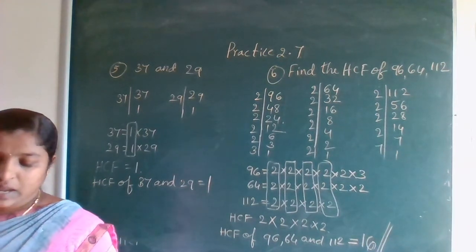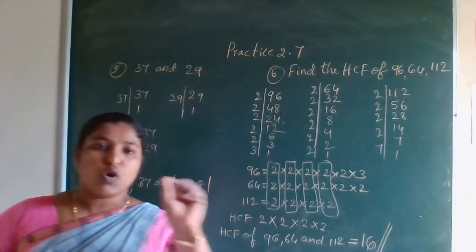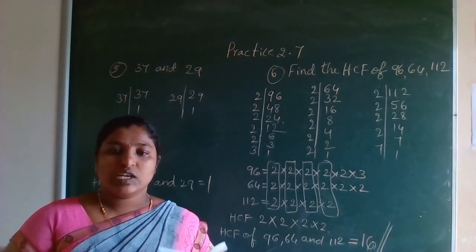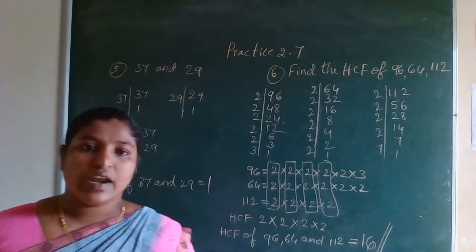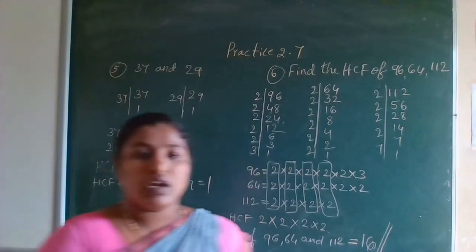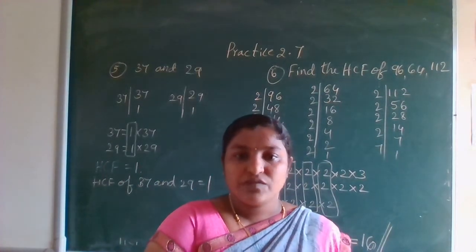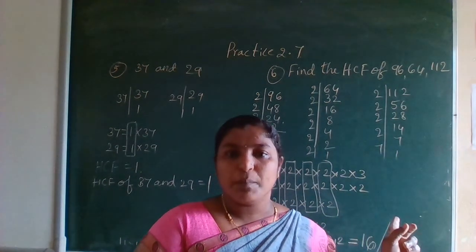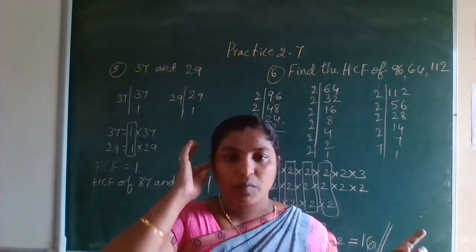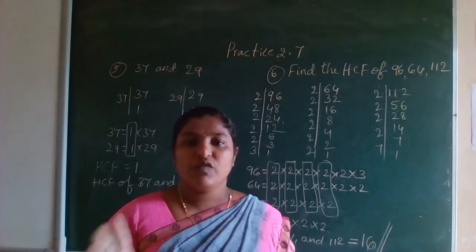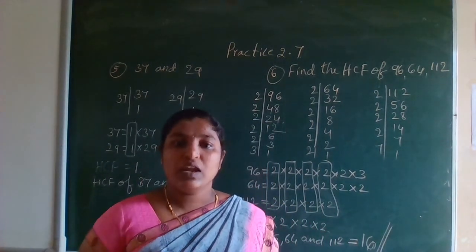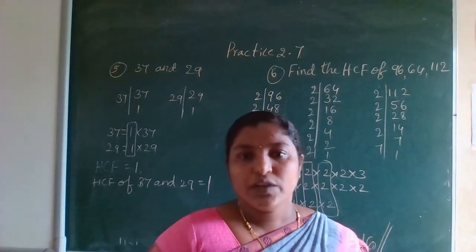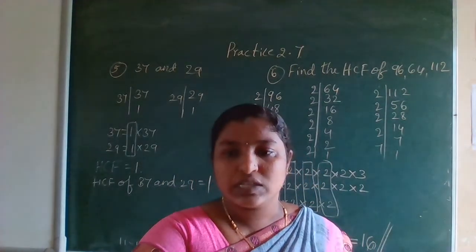Next, 7 and 8 are word problems. Write the questions and wait for the answers. Tomorrow I will solve these on the board. You can write these in your notebook. So complete up to these 6 problems. Next, write the word problem. Write the question and wait for the answer. If you are able, identify the HCF of those numbers also. Okay, tomorrow I'll continue this in the next class. Thank you.